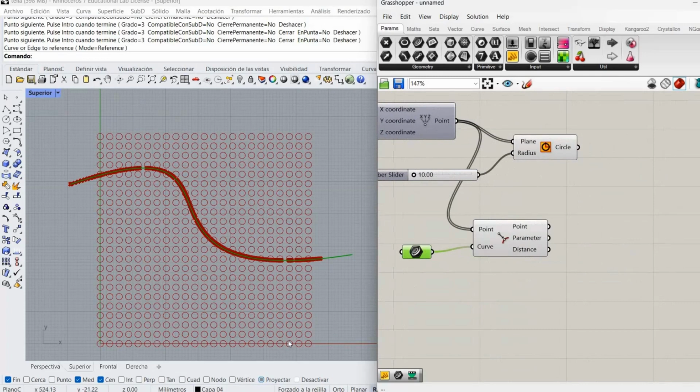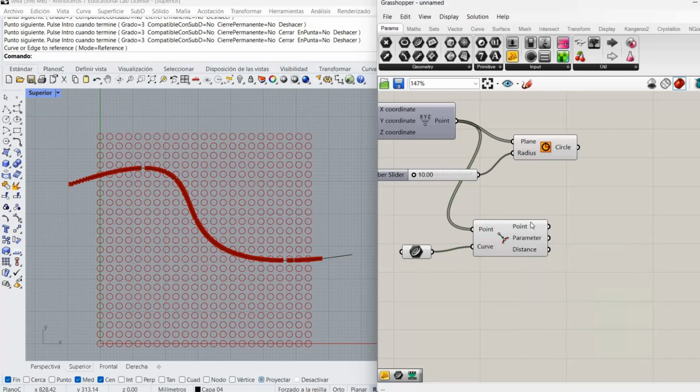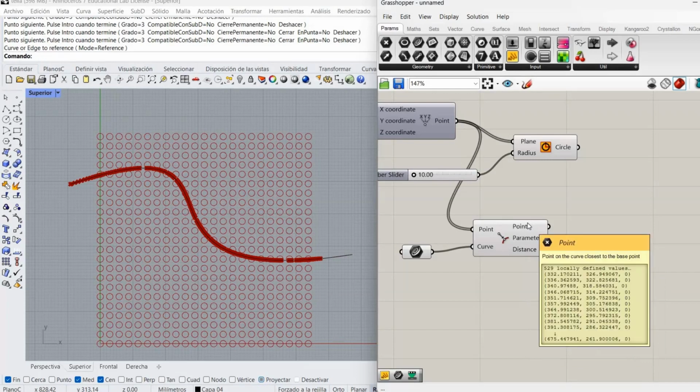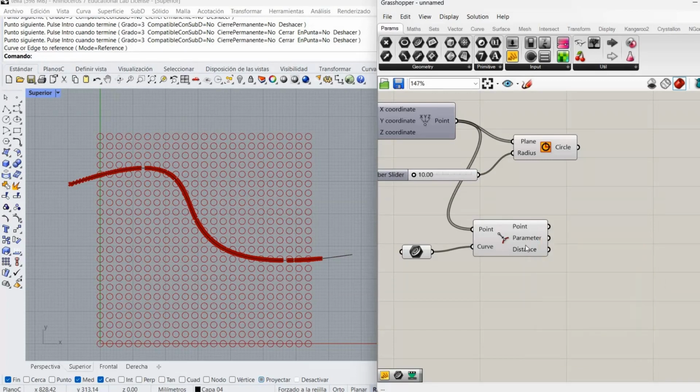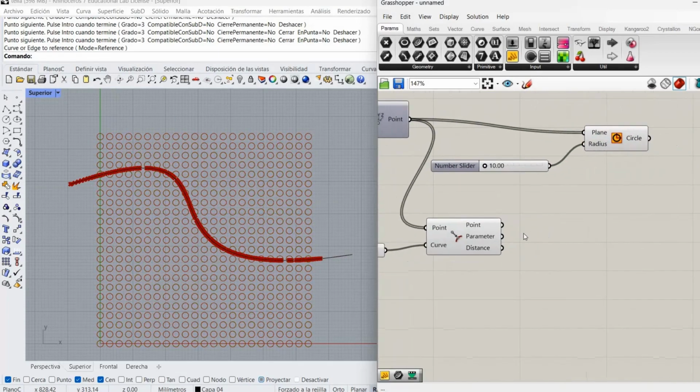So what it does is just measure each of these points' closest distance to that curve, and it creates a point wherever that is. That's what it's doing. And in the output we have different things. We can have the coordinates of each of those points on the curve, the parameters, and the distance. Right now we're going to work with the distance, so this component is already measuring the distance that we need. And now what we have to do is convert this distance into